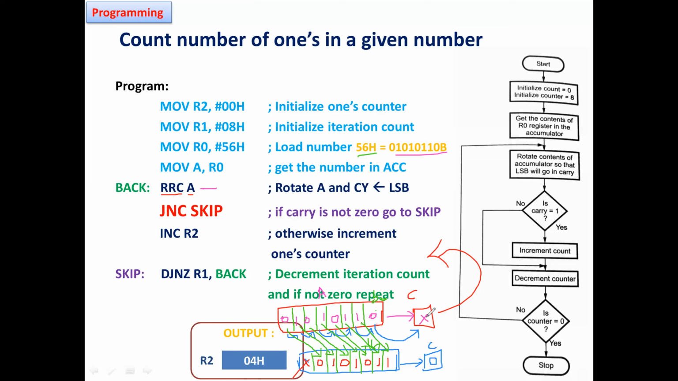Okay, this X we don't know. X is nothing but don't care. It can be 0 or 1. So this value we have moved to bit 7 here. We have moved to bit 7, so we are not going to do anything with this. Okay, fine. So now this is the data I have in the accumulator after execution of rotate right for the